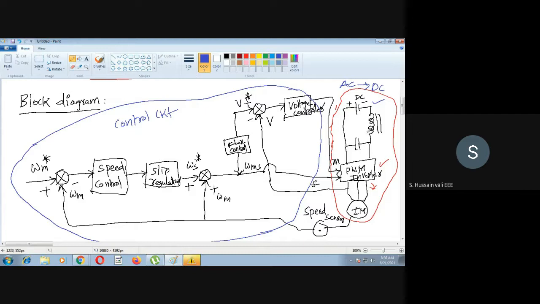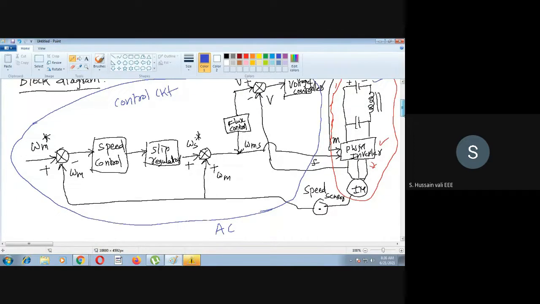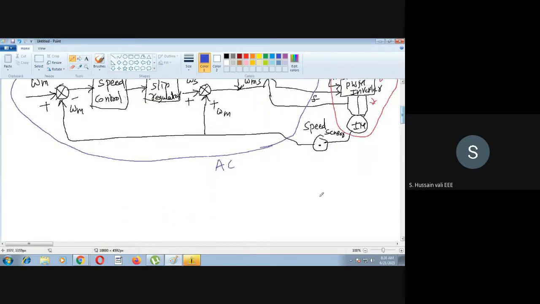Then it depends, once again, on whether there is a voltage source inverter or a current source inverter. We will go ahead like that. Whereas in the case of the cycloconverter, you have the AC circuit here. That AC you take directly into the cycloconverter box. Something like this. I will modify this here.